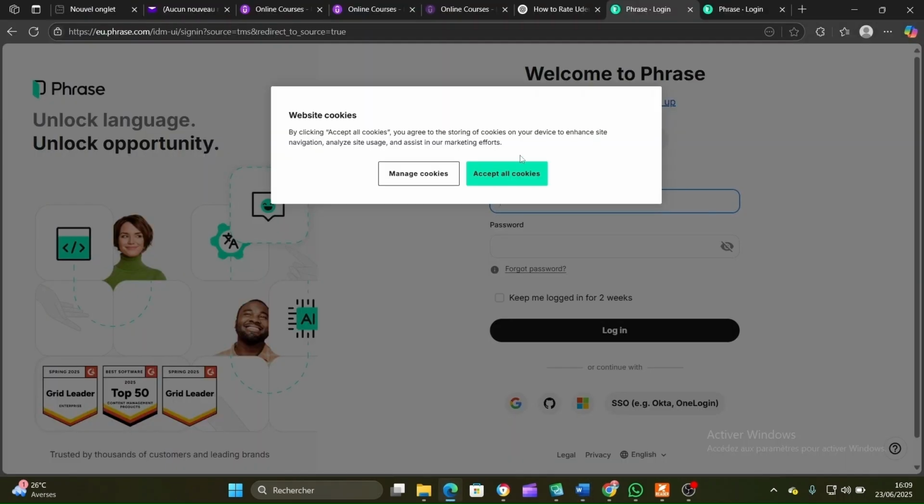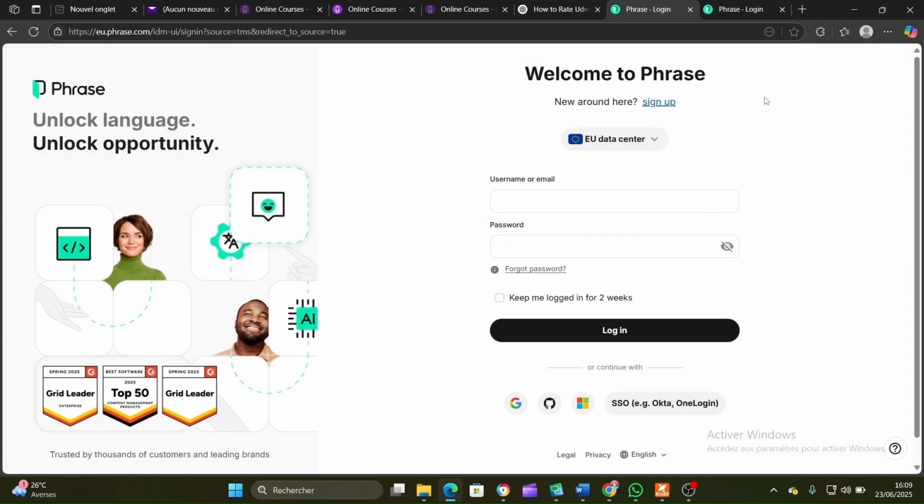Let's see now if you have to create the account. You just need to go to the freeze.com website that you saw previously. When you open it, they will ask you to first of all accept all cookies. Please accept them so that you can easily navigate through the website. You click on accept cookies, and then we land on this page where they are welcoming us to the Freeze website, where you can work with